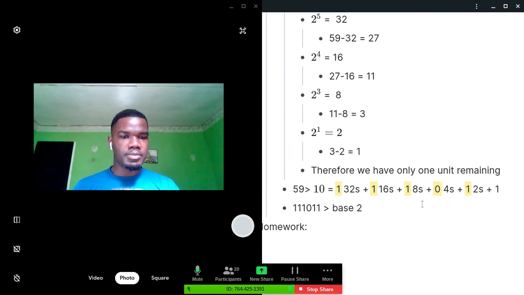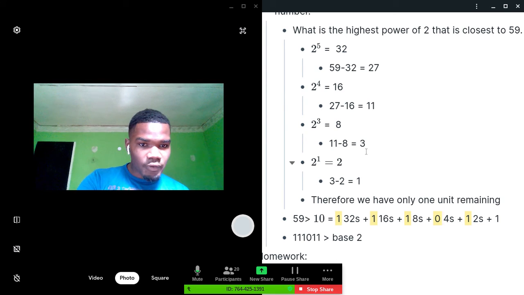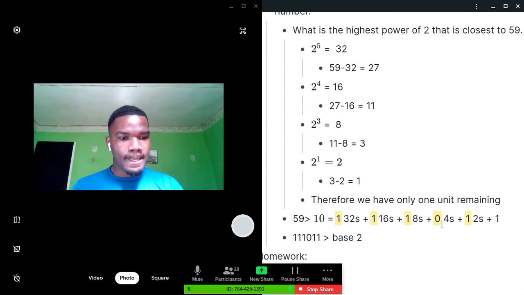So the answer would be 32, 16, 8, 0 4s, because we didn't divide it by the power of 2 that gives 2 to the 2. Then we go 2 to the 1, which is 2. And the only value that remained was 1. So that's how